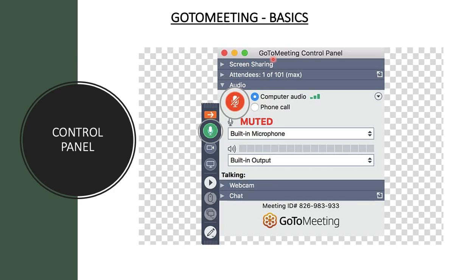Now we come to the right part of the control panel. So here the first option is screen sharing. As I said, a presenter is the one who is sharing his screen. So if he clicks on screen sharing, he is able to view his screen and he's also able to see how the audience is viewing his screen. So basically, this also helps him to understand what is being presented. It's a very small window which he sees once he clicks on this drop down menu, and he would be able to see what he is presenting.